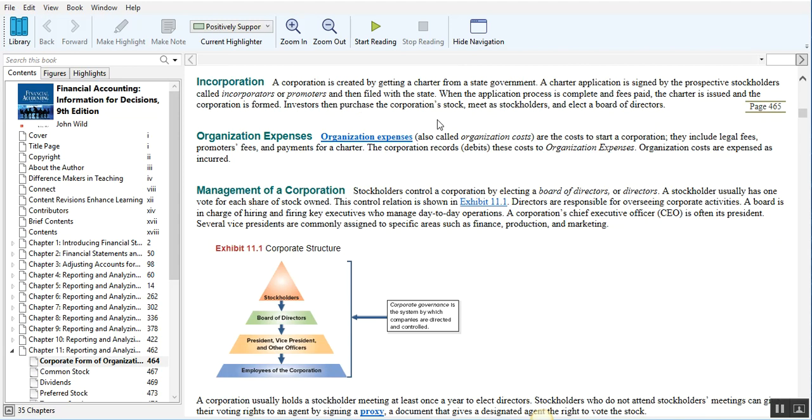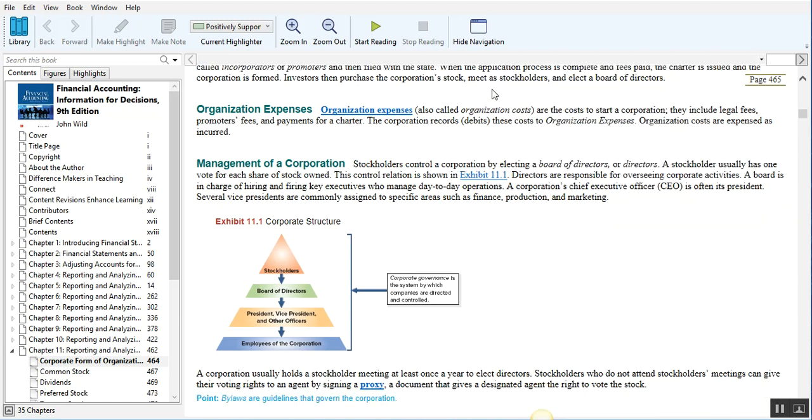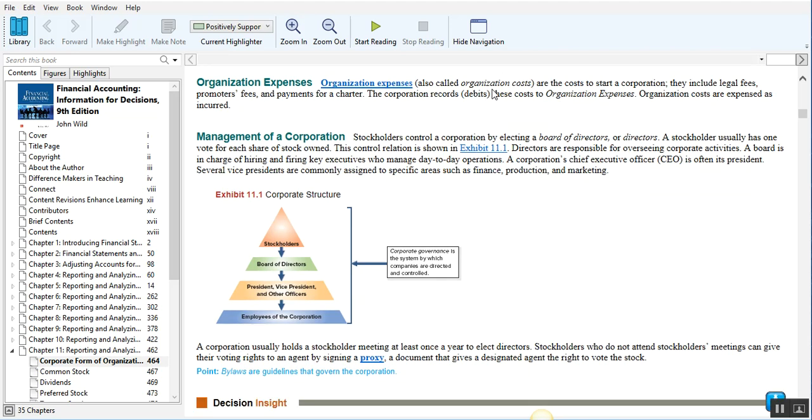The organization and the management of the business: I mentioned a moment ago that incorporation involves charters from the state and articles of incorporation. Those documents are prepared by legal counsel, and usually there are some additional fees that go along with them. So that application process can be complicated and it can be expensive. Also, when you're organizing a corporation, the organizational expenses you spend to set up the corporation are costs, but you're going to deduct those. You're not going to capitalize them. You're going to deduct them directly as expenses, so as you pay them out, you're deducting them as expense.